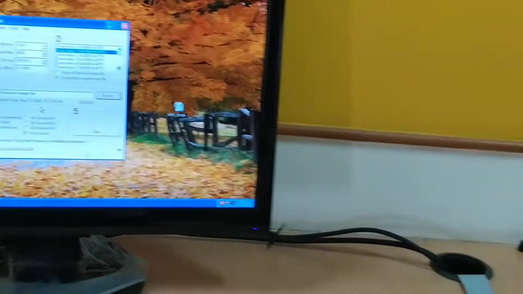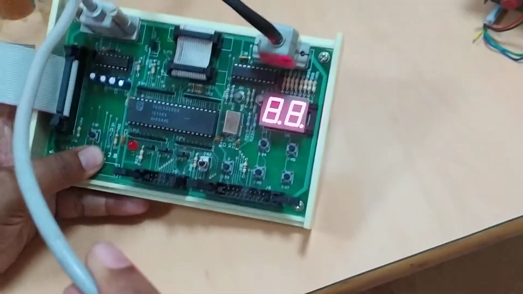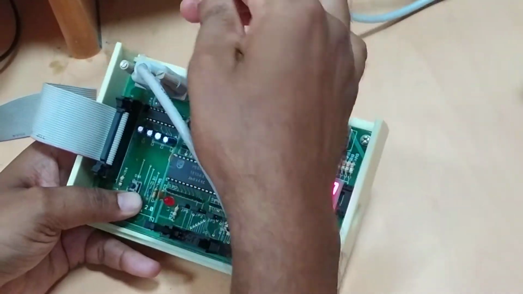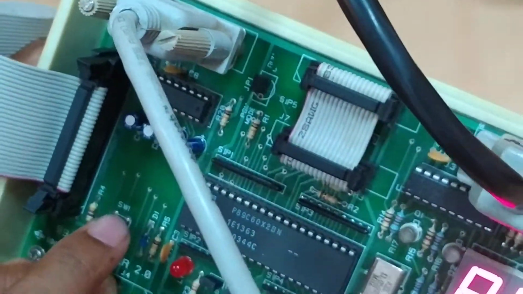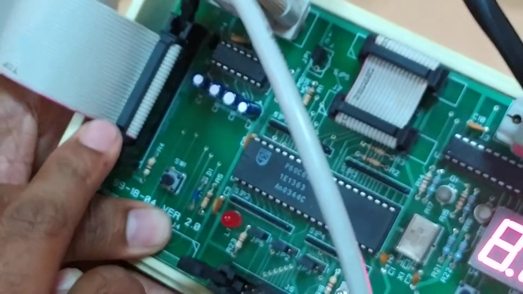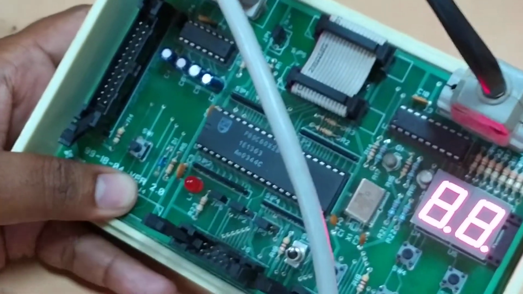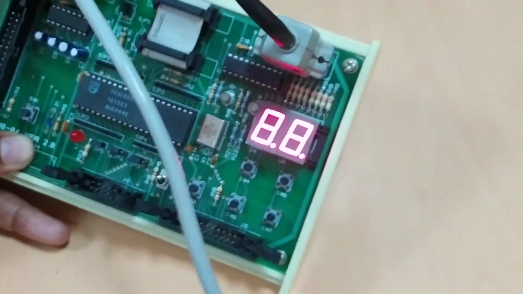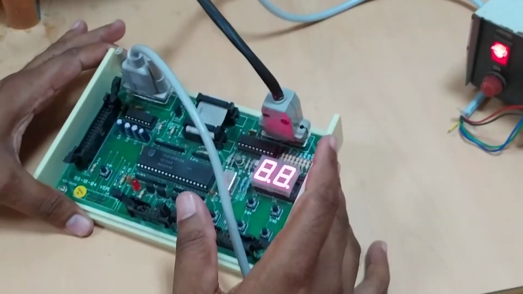Now again go to your microcontroller board. The same connection. Serial cable is connected. Power supply is connected. Jumper is inserted on JP1, and press reset. So previously we have loaded the LCD program. Now we are loading a stepper motor hex file for the same board.